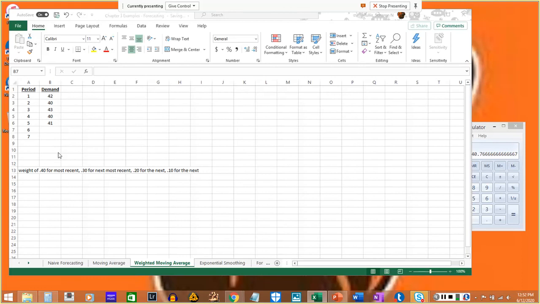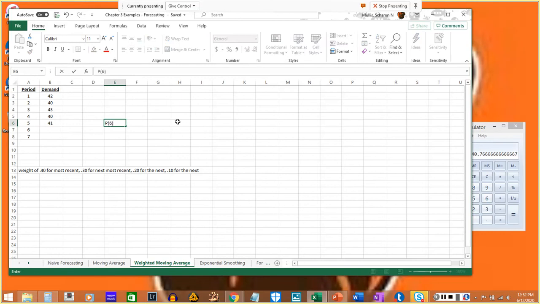So if we were calculating for period number 6, that would be equal to, well, as you can see below, we have a weight of 0.40 or 40% for the most recent, 30% for the next most recent, 20% for the next, and 10% for the next. So if we wanted to calculate it, we would go with the most recent, which is 41. We'll do 0.40 times 41